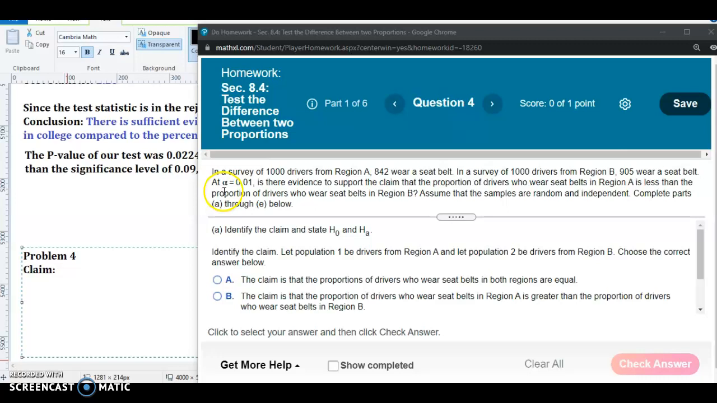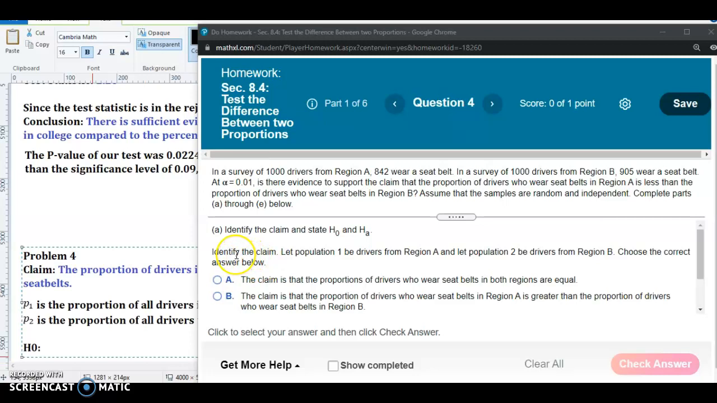So at the level of significance equal to 0.01, is there evidence to support the claim that the proportion of drivers who wear seatbelts in region A is less than the proportion of drivers who wear seatbelts in region B? Assume the samples are random and independent, and we're going to complete parts A through E below. So in part A, it's asking us to identify the claim and then state the null and alternative